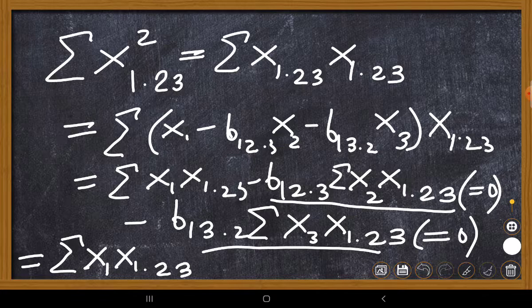Okay, I hope it is clear. They will all vanish. Okay, the property number 1 is very important. From property number 1 we can get this result. Okay, another one, suppose you want to find the sum of the product of